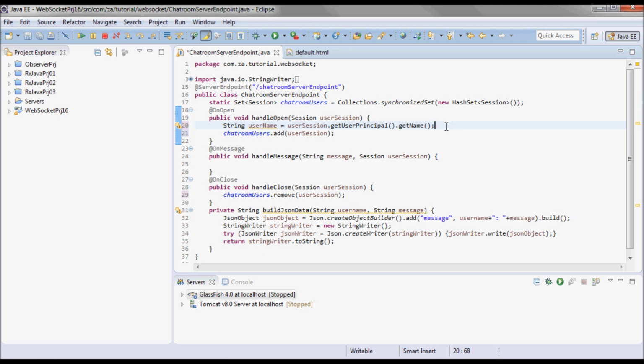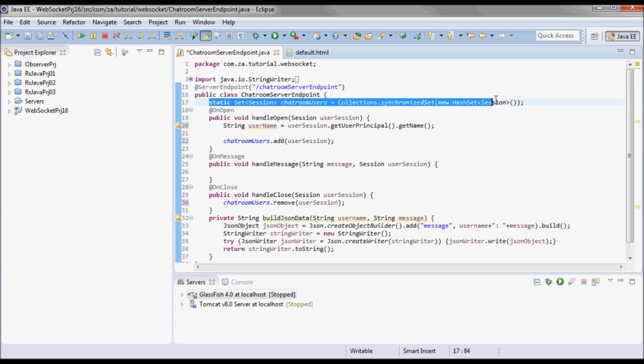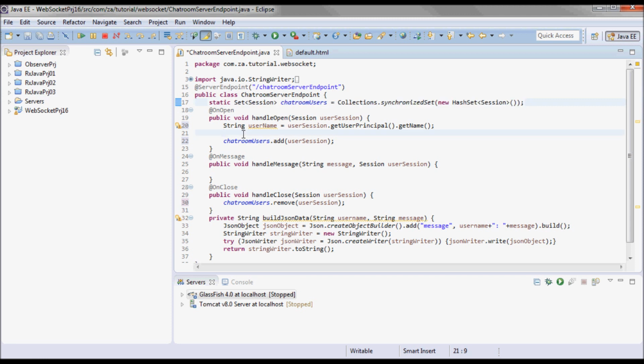And I want to only add that user in case it's not already in this set. So to check for that, I'll do this.